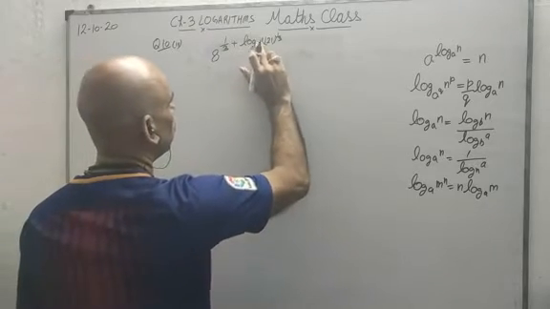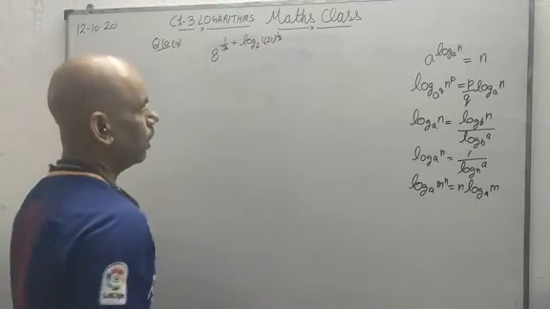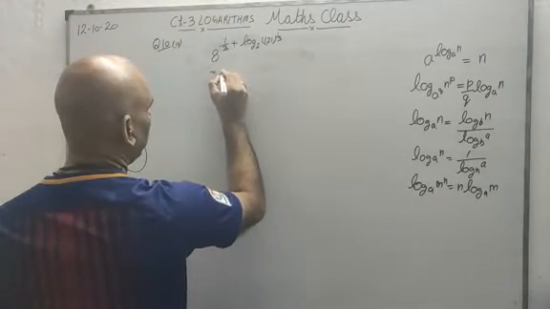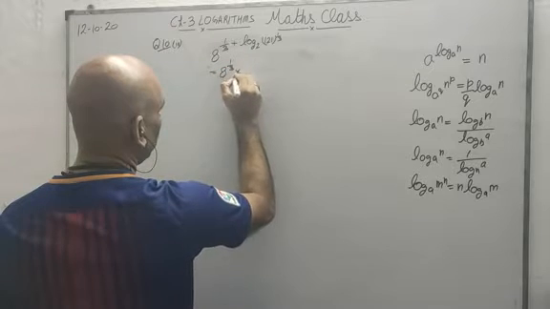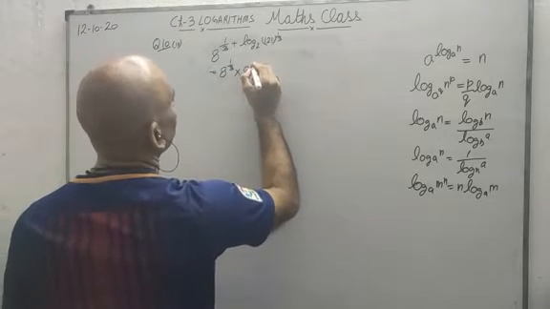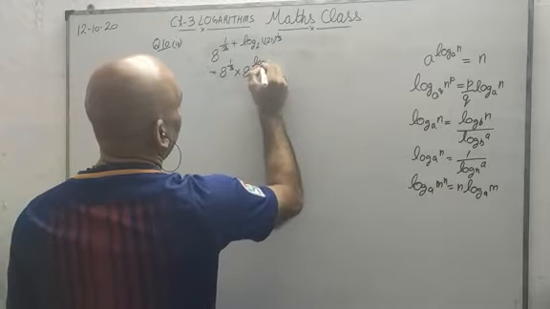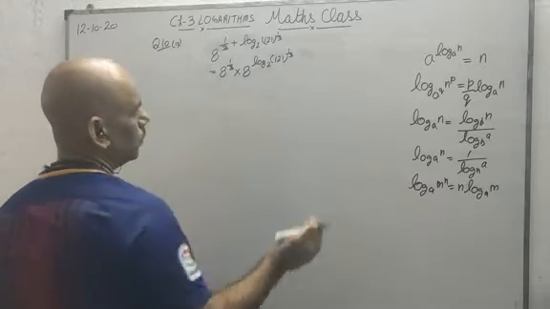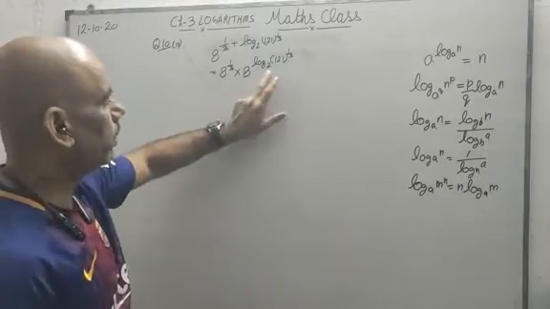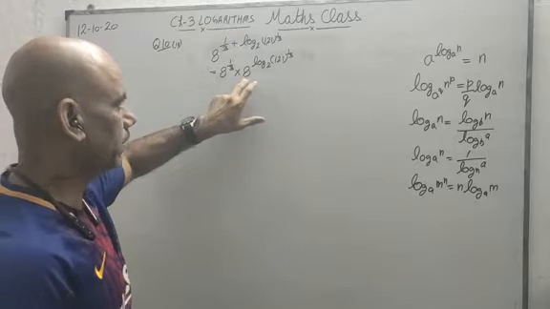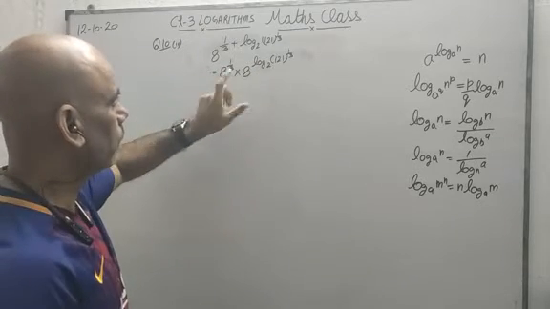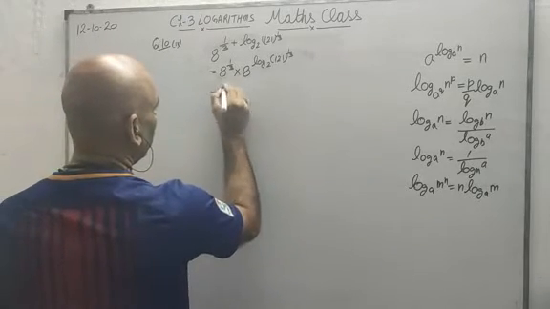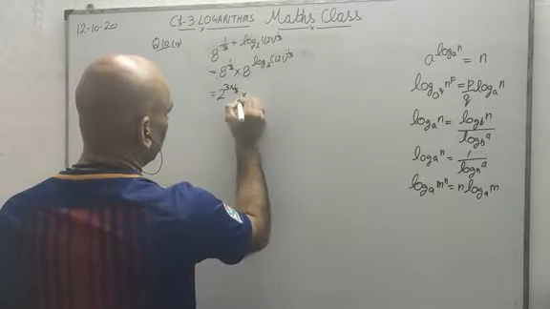Now once again I will divide 8 by both of them. So here it will be 8 to the power 1 upon 3 and 8 to the power log 121 to the power 1 by 3 base 2. Now here the base is 2 and here the base is 8, so these bases should be the same. For that, 8 will be written as 2 to the power 3, so 2 to the power 3 into 1 by 3 here.